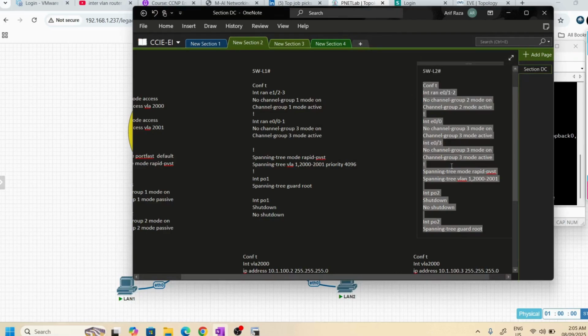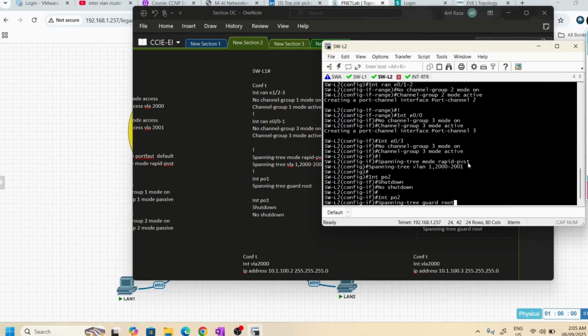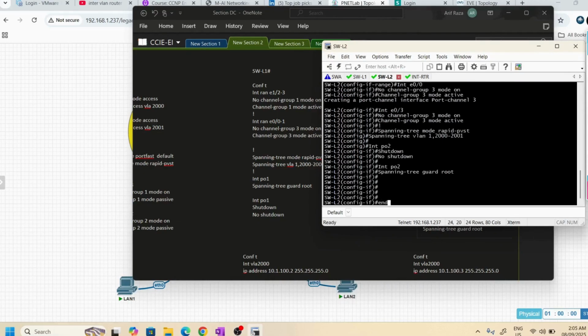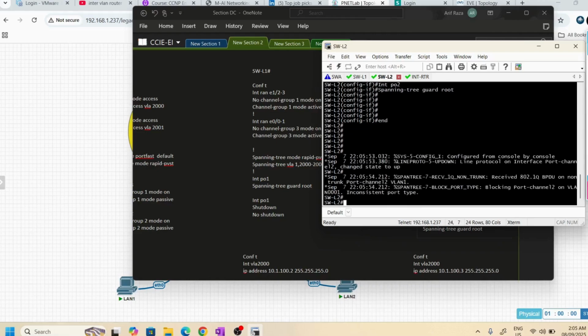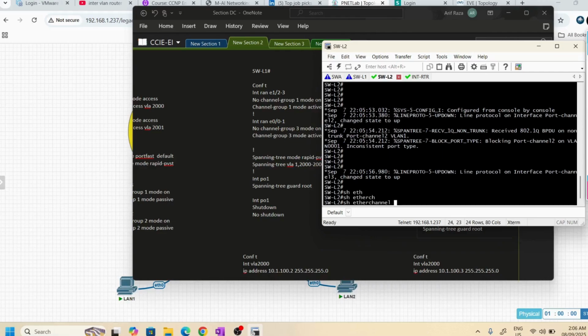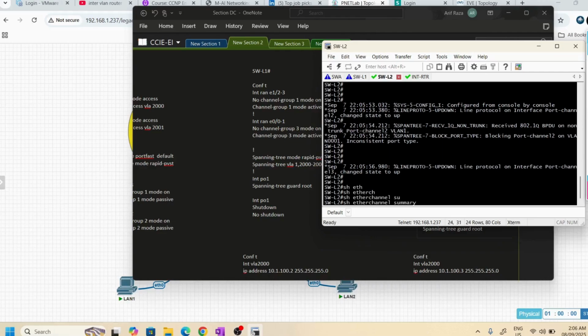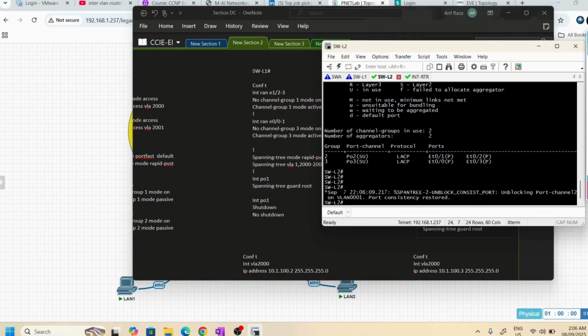Configure. Okay, perfect. No error so far. So the EtherChannel summary command is how you can verify it.